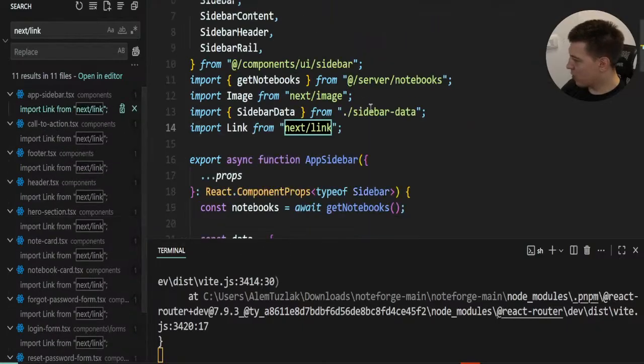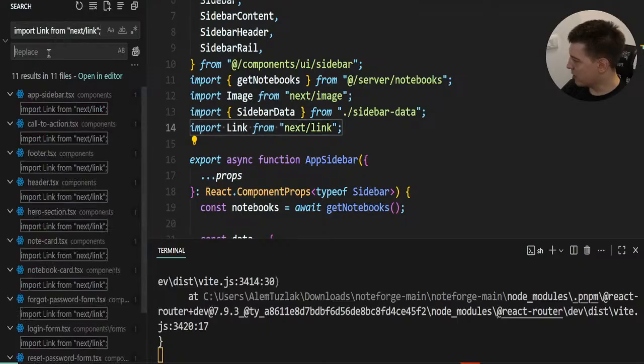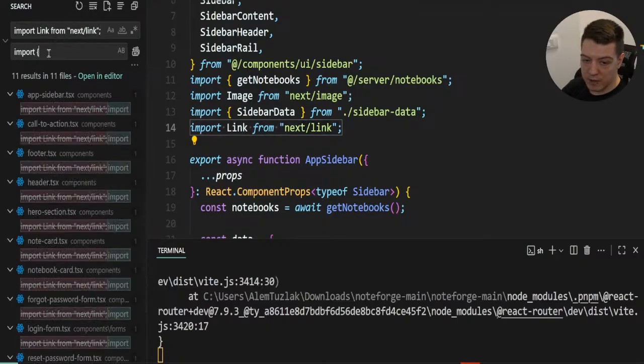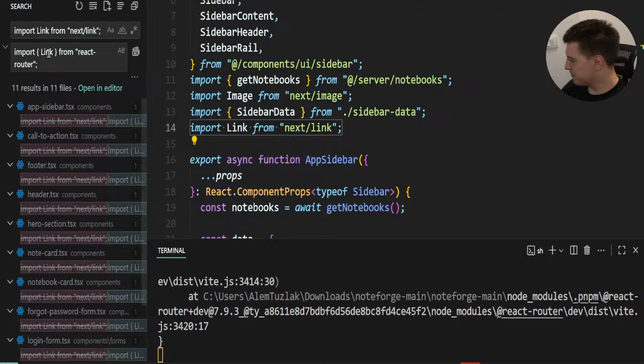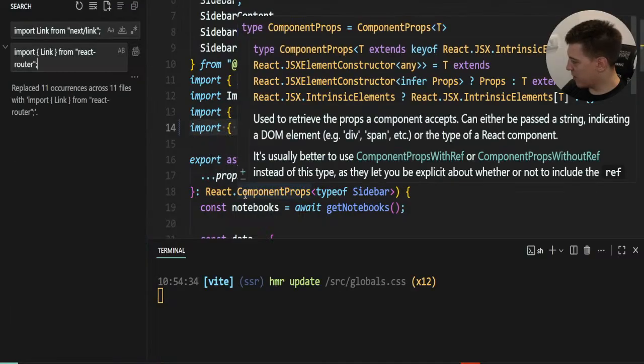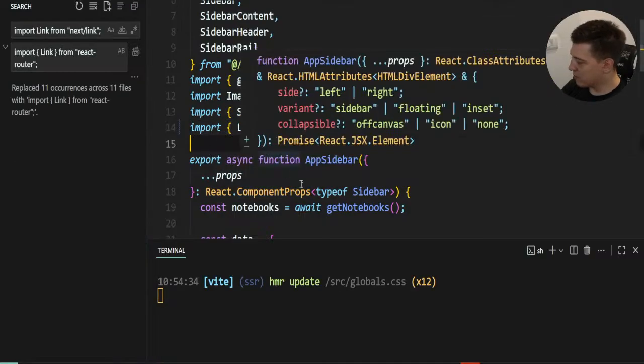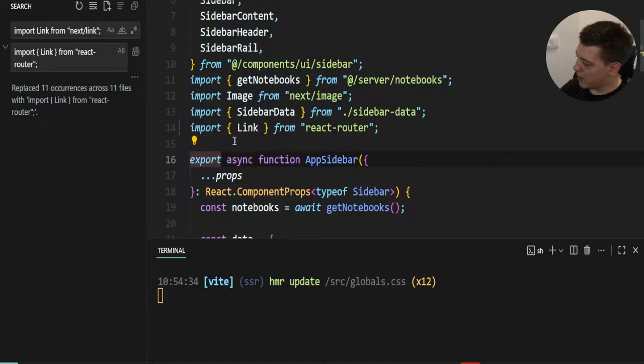Alright, so all of these are the same. I import Link from next/link, and we're gonna use a simple transform to make it import Link from React Router. And yes, we replace this, and we have successfully gotten rid of links from